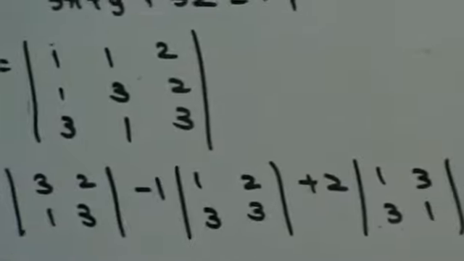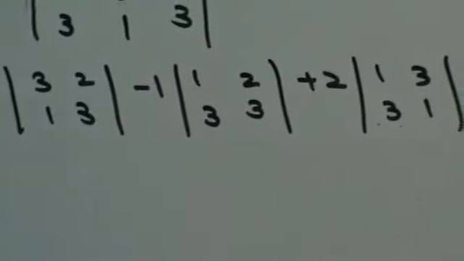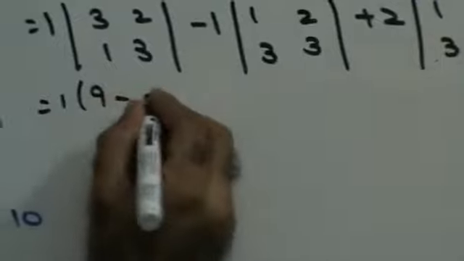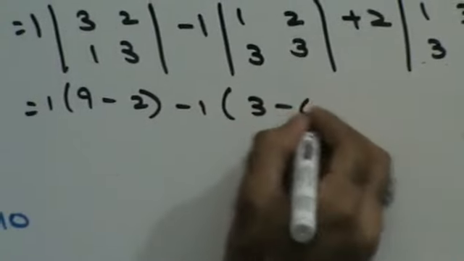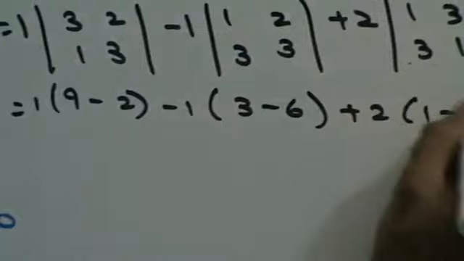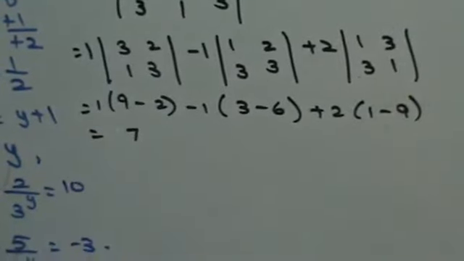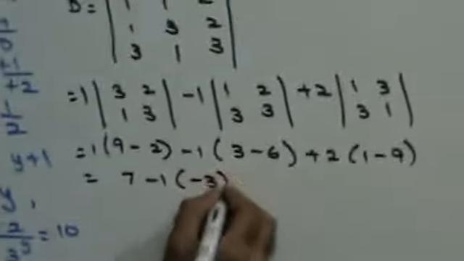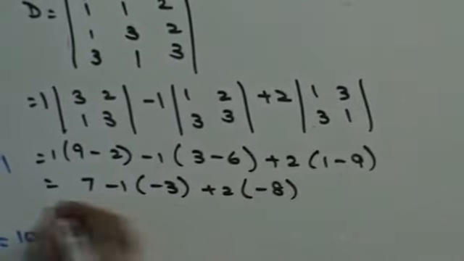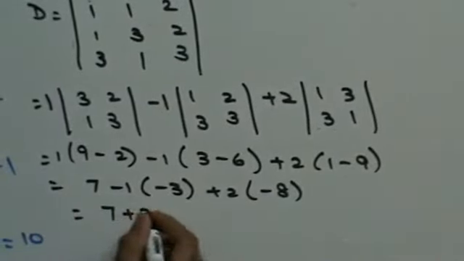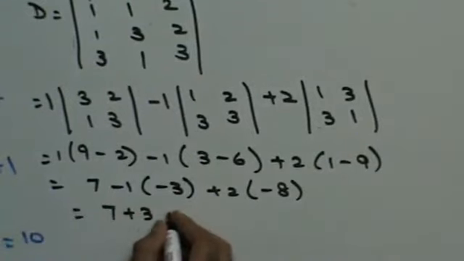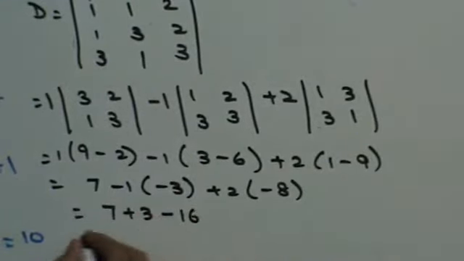So in that case, this is going to be equal to 1 times (9 minus 2), minus 1 times (3 minus 6), plus 2 times (1 minus 9). That is 7 minus 1 times minus 3, plus 2 times minus 8, which is 7 plus 3 minus 16. So this is going to be minus 6, right? Once you have minus 6,